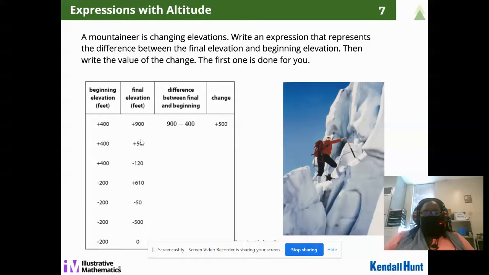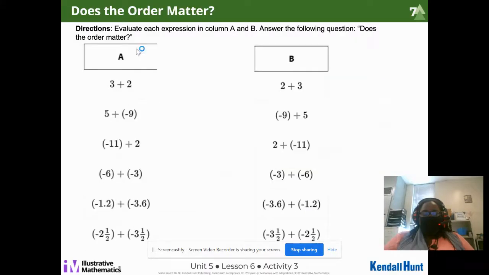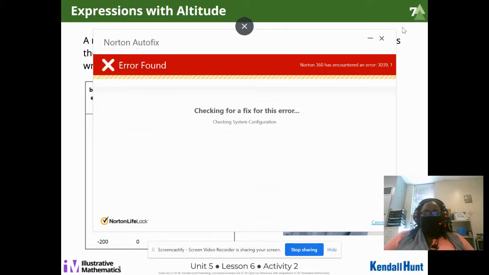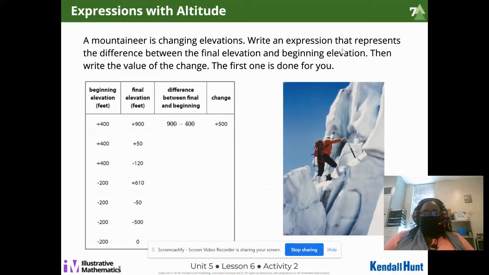So we're going to start with our final elevation because it's asking you to look between the final elevation and beginning elevation. So our final elevation here is 50. We're going to subtract that from our beginning, which is 400. And then you're going to write your solution, what you get at the end, where it says change. And if it's positive, you put a plus in front of it. If your value is negative, you put a minus in front. And then you keep doing that for the